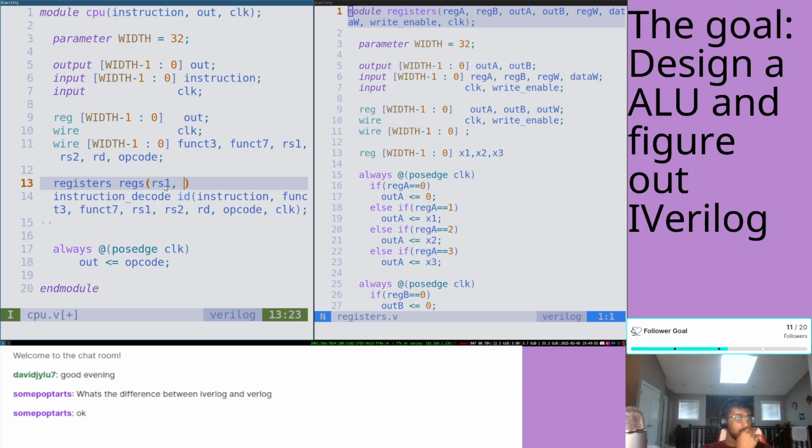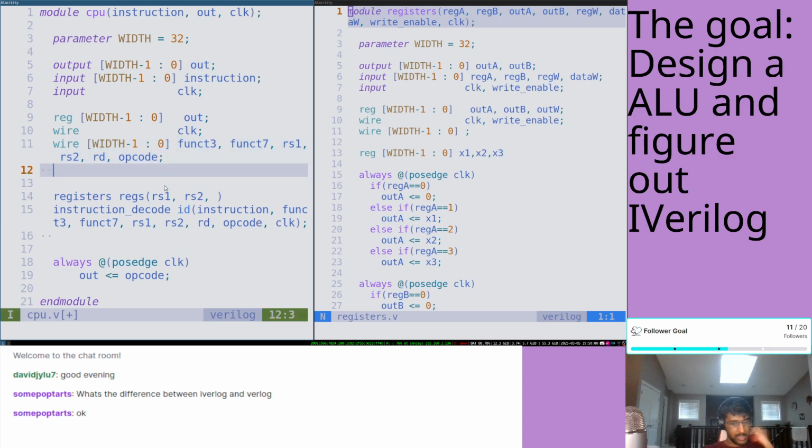Reg B is going to be source register 2. Out A is, and I'll set up a wire, val A. Okay, the size is obviously width-1:0. So val A, val B, and